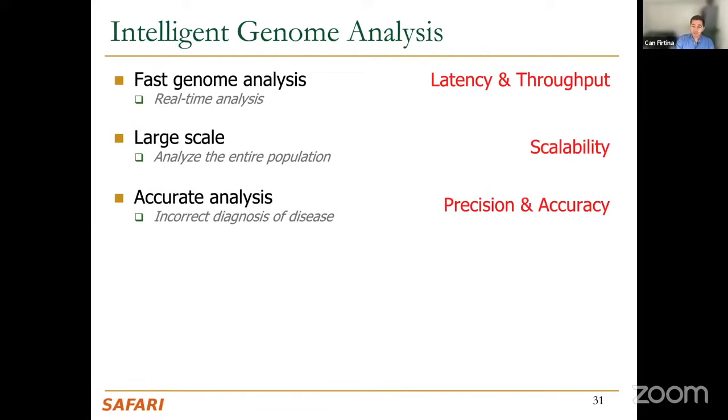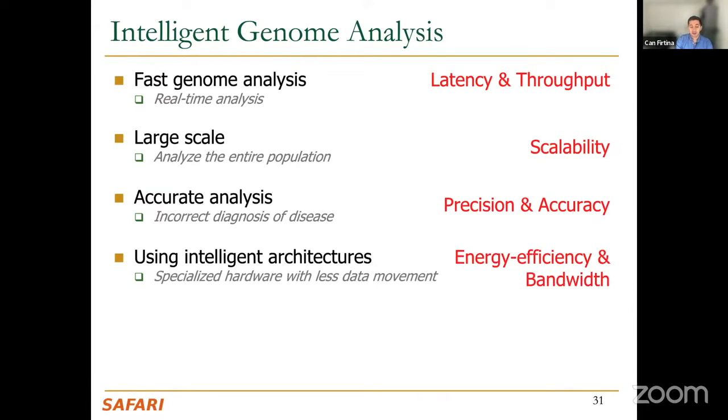And we also want, of course, an accurate analysis, right? This is important for precision and accuracy reasons. You don't want to make an inaccurate diagnosis of a disease. In a sense, you also want to use the right architectures to do our analysis. It doesn't mean that we always want to rely on general purpose architectures, but perhaps there are better fitting architectures out there that we can use to achieve fast and accurate analysis, like by meeting the energy efficiency constraints and